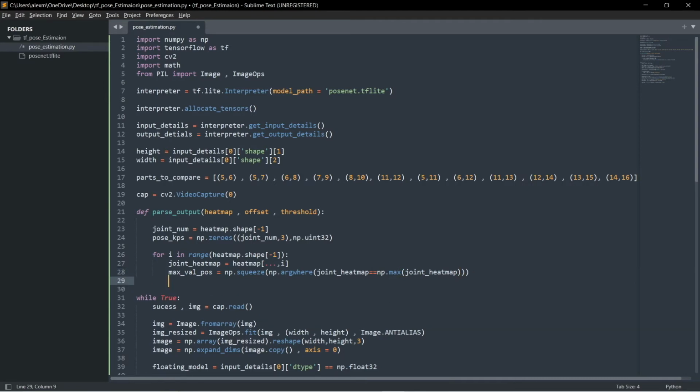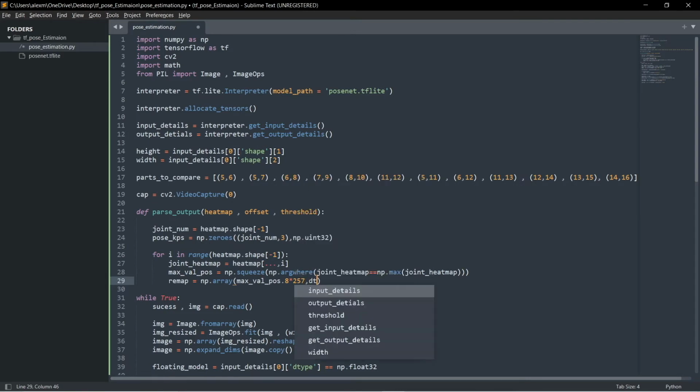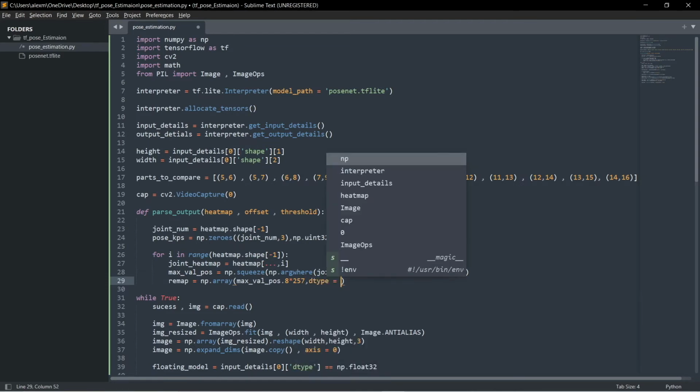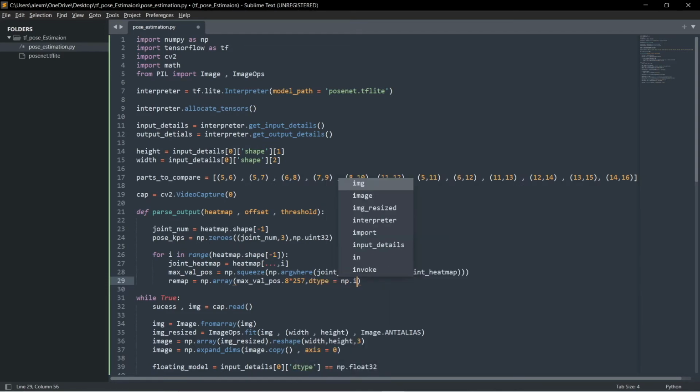This max value, because I will have to get its position in the image, so what I will do is numpy dot array, max value position divided by 8, multiply it by 257, comma, dtype equal np dot int32. Okay,